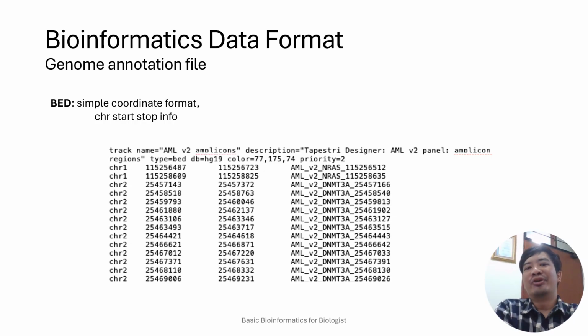So imagine the sequence is a coordinate. Now you put that coordinate in this annotation file. For example, we have chromosome number 1. We store the sequence in